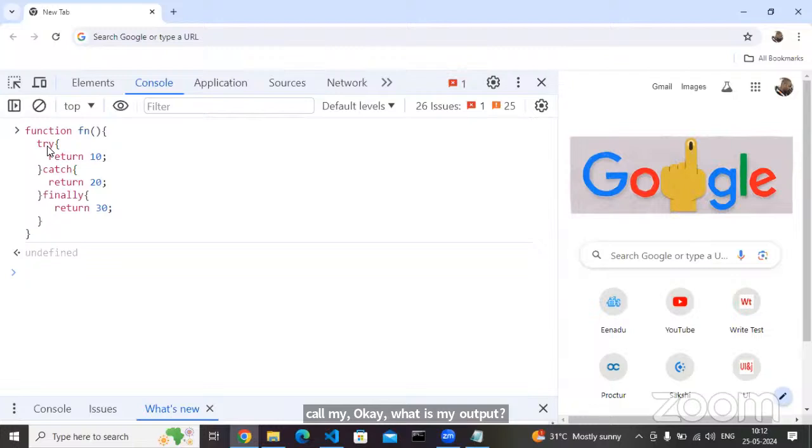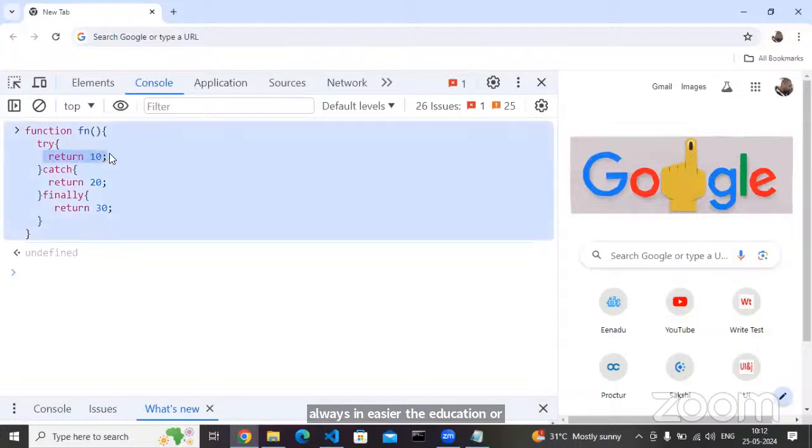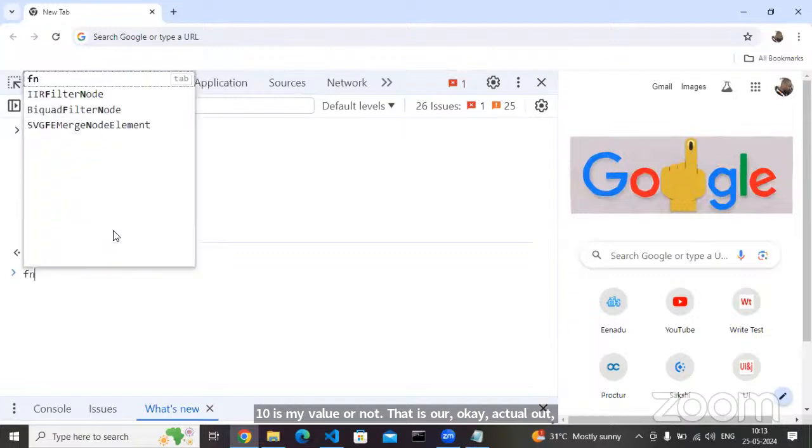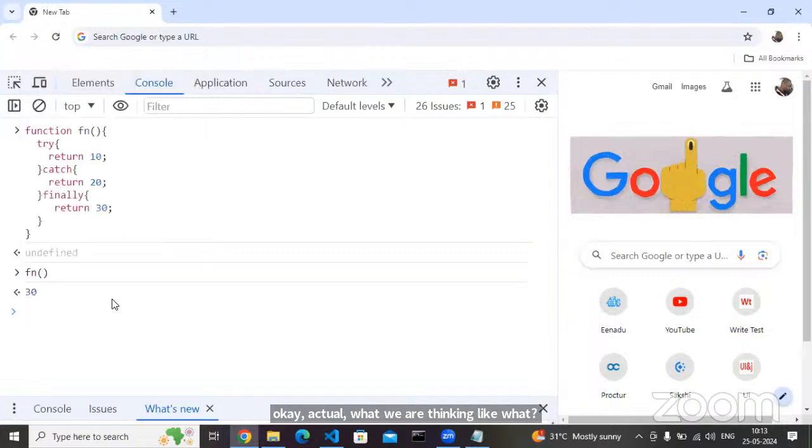My try block always initiates the execution, or not? Whenever it initiates the execution, my try block is going to execute the statement. In your function, whenever the return statement is executed, my program terminates, my function execution terminates there itself, and my value is 10, or not? That is what we are thinking, that 10 is my output. Now can we check it? Now if you come here, my output is